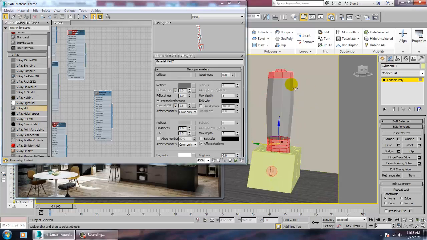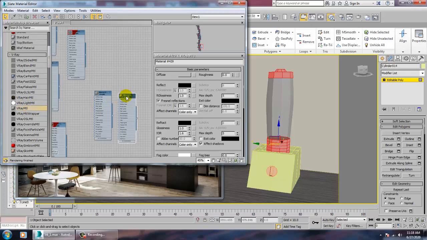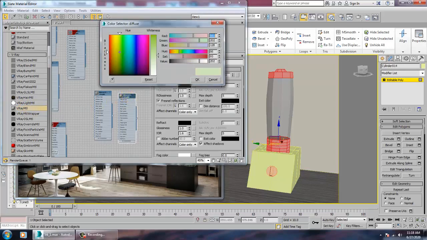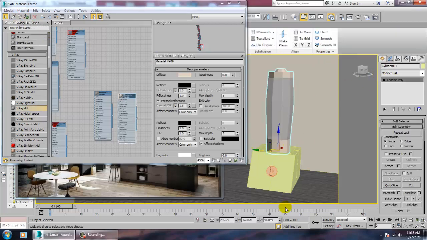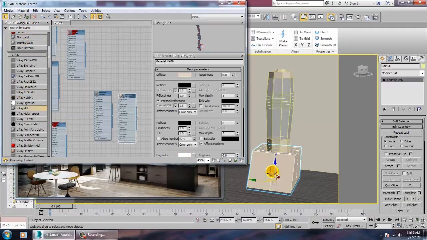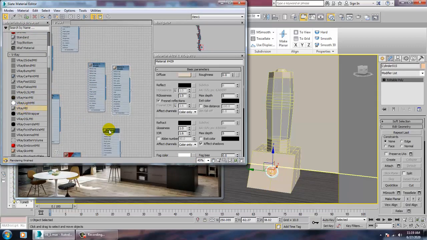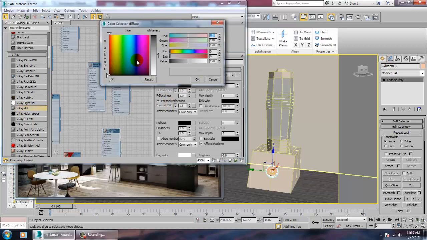So inverse it. Again, give a V-Ray material over here, and let's give a bit of a creamish color. The same texture will be assigned over here also, and for this we are going to assign a dark texture.